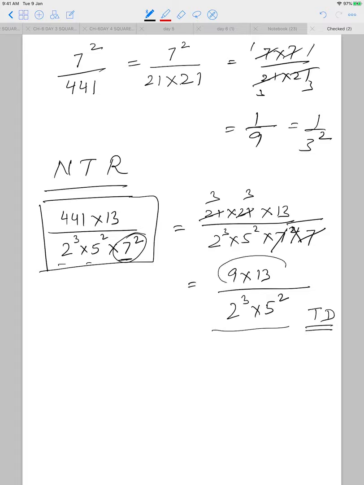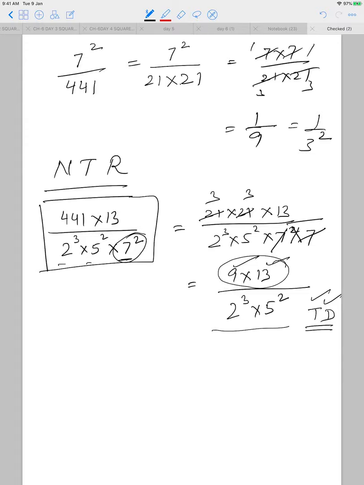The numerator does not make any difference. Whatever numbers are present in the numerator, it will not make any difference to the decimal expansion. The only thing that makes a difference is the denominator. So after converting the rational number to its lowest form, if the denominator has only powers of 2, or only powers of 5, or a combination of powers of 2's and 5's, then we can say it will have a terminating decimal. Otherwise it will have a non-terminating repeating decimal if there is a factor other than 2 and 5 in the denominator.